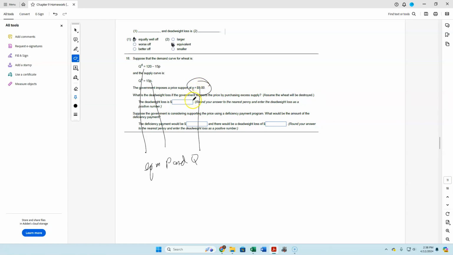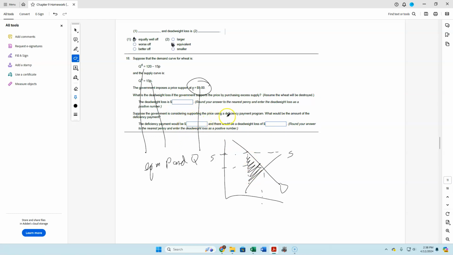I haven't solved it here, but essentially what you would do is draw your picture. That way you can organize where everything is. You would have your price that you would have solved for, and your quantity that you solved for. I don't know where that $5 is, if it's a floor or a ceiling. Looks like it's a floor from my guess. So the 5 would be up here, which would mean you're substituting into the supply function and demand function to know what your surplus amount looks like. But now you're going to solve for the area of that deadweight loss, which is going to be right here.